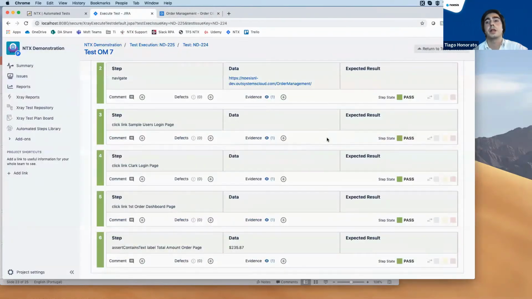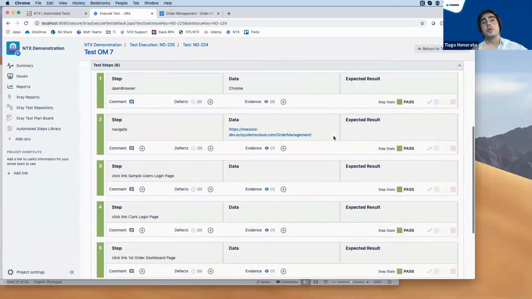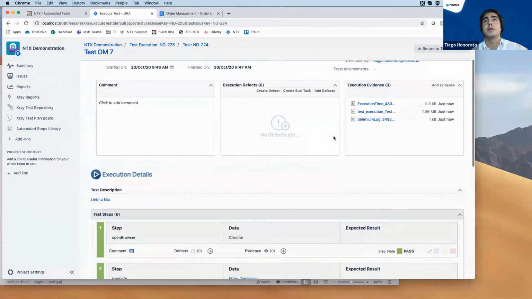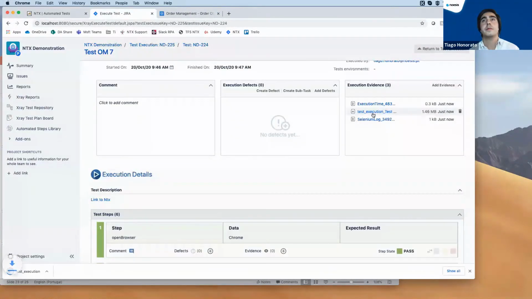Of course, in NTX, you can choose if you want the evidence for every step or just for the steps that fail, or you have a lot of configurations that you can switch in NTX. And then, of course, if you don't want to open all the evidence, here you have a Word document that is created automatically, and it's in here, sorry.